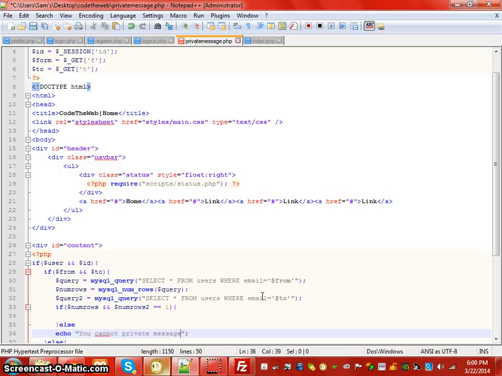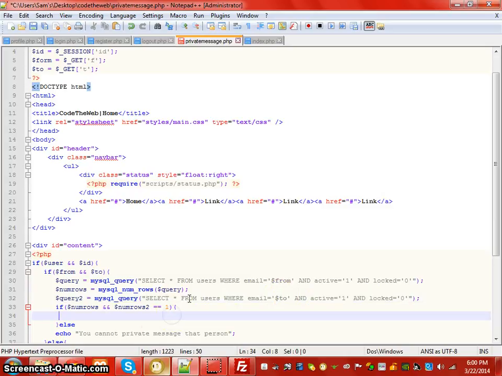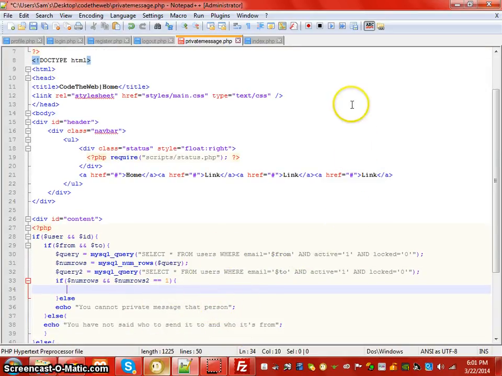private message that person. And we'd also need to make sure that says where active equal to 1 and logged equal to 0, and active equal to 1 and logged equal to 0. Else we're going to echo you cannot private message that person. So if they can, we're going to echo actually $form equals